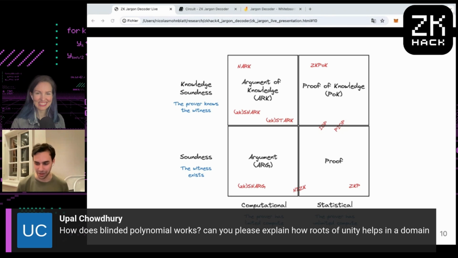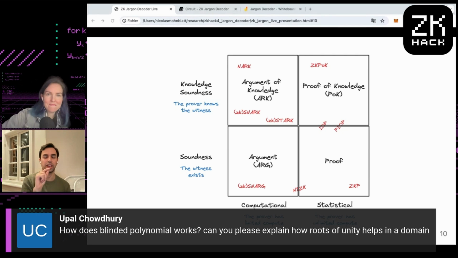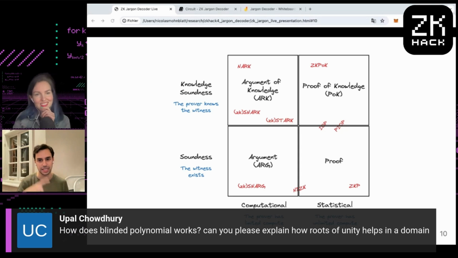Roots of unity, how do they help in a domain? Well, like we just said, this finite field is this nice thing that loops around. Roots of unity in a finite field is just saying, okay, I still want to loop, but I don't want to go through every step. So I'm going to take just 4 steps such that going from one to the next, to the next, to the next, I've looped back to the beginning. That's our roots of unity. And you can draw that on the unit circle. I don't know if you are familiar with this from high school, or maybe a bit after. So that's how they help. They allow us to work in smaller sets of our finite field, but still keep the nice loopiness.